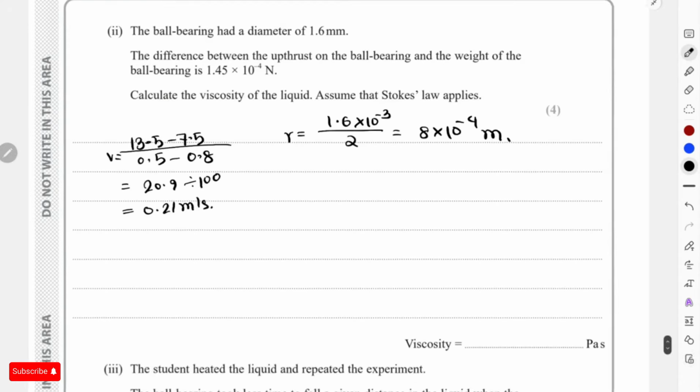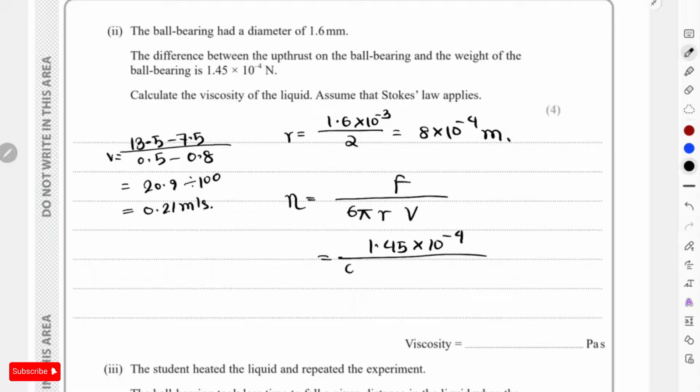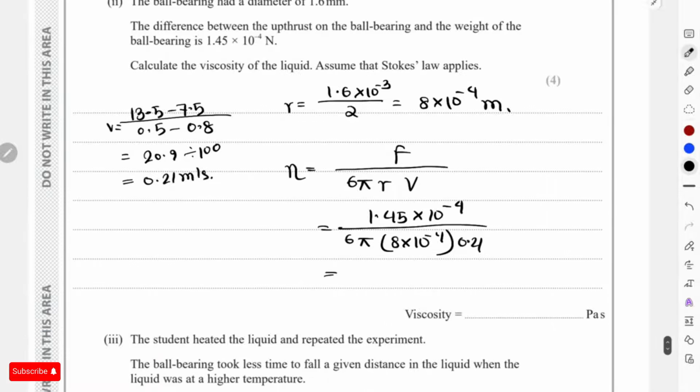We can just use the equation of F is equals to 6 pi r eta v, where we have to make eta the entire subject of this equation. So it's going to be force over 6 pi r v. Force over here was 1.45 multiplied with 10 to the power of negative 4 divided by 6 pi r is 8 into 10 to the power of negative 4, where v is again 0.21. So if you calculate all this together, you're supposed to get a value of approximately 0.05 pascals per second, or you can just write 0.046 pascal second, right? So this is the value of your viscosity,